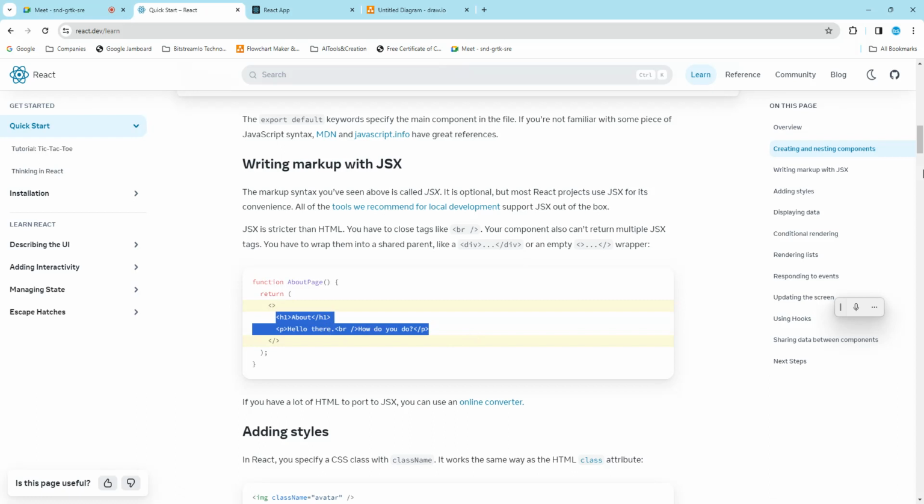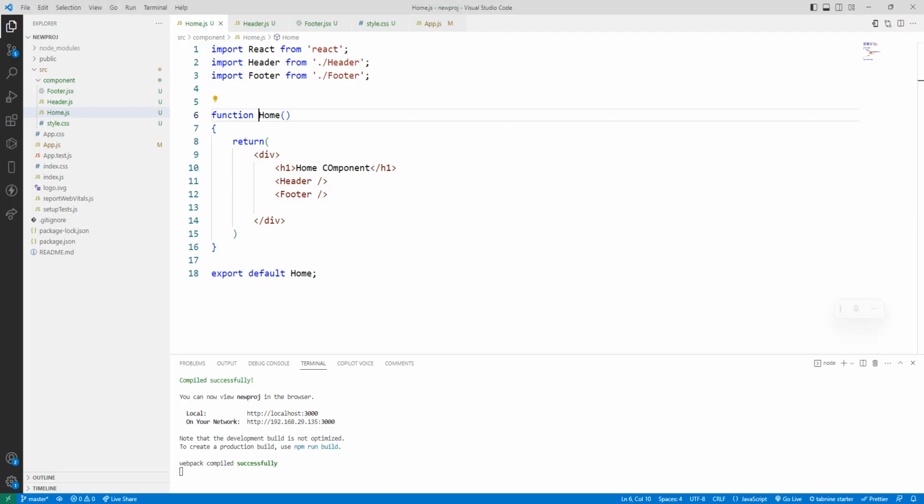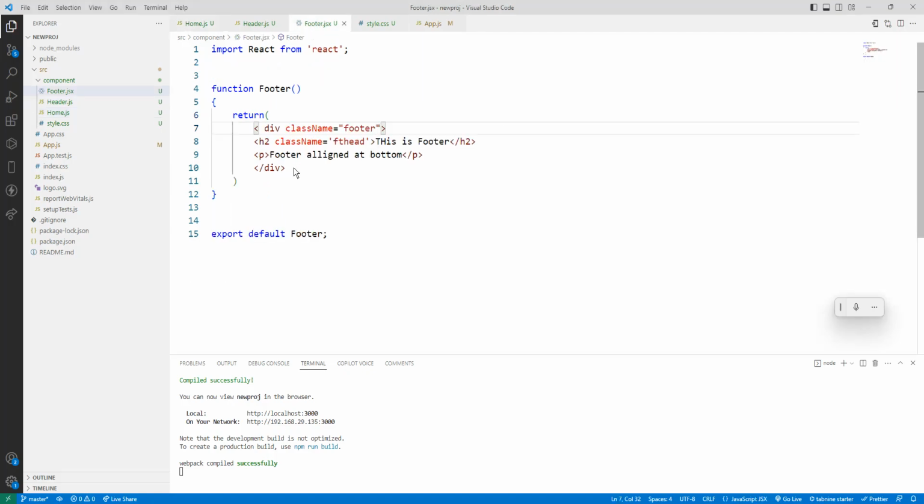Okay, the next will be adding the style. What is the style? So how to add a style? In React, you specify the CSS class name with the className. So how to define? So if you want to write a style, you already written class name for the